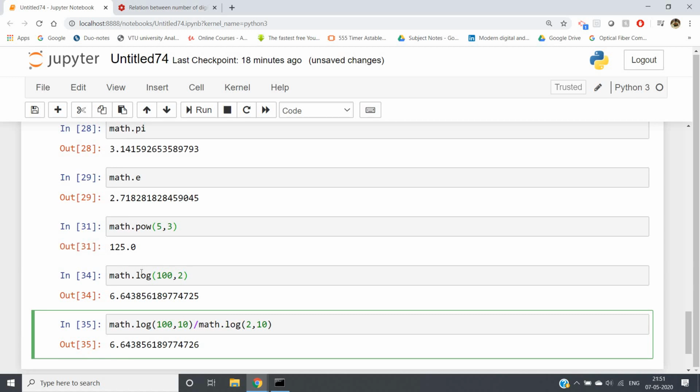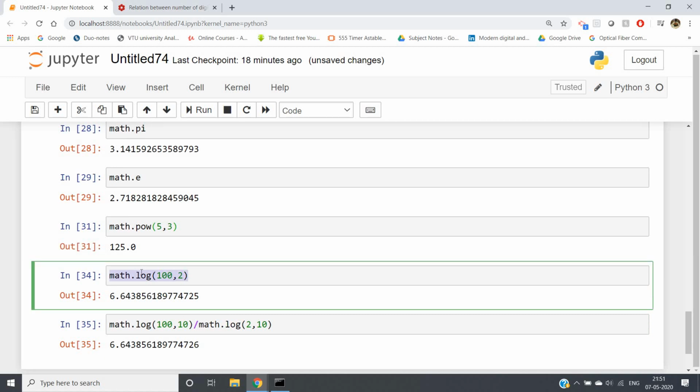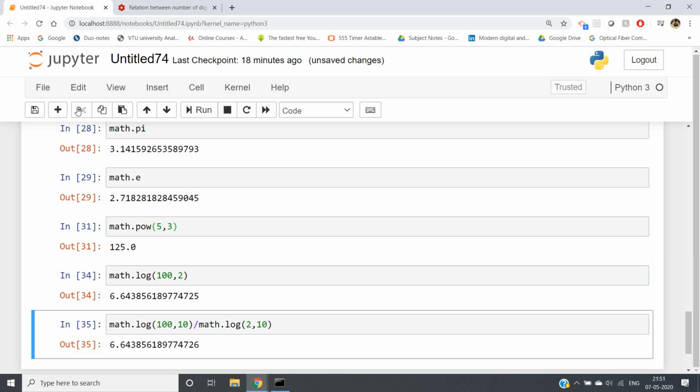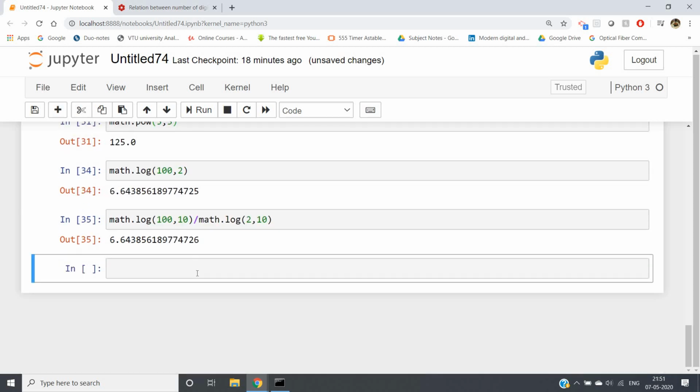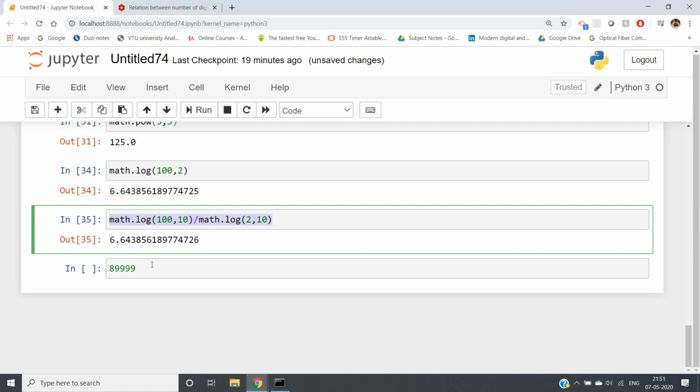Okay, and what is the application of log in practical competitive programming? One very beautiful property is present. Suppose I give you one integer and you have to find how many digits are present in that integer. Suppose I am giving 89. How many digits are present? 2 digits, right? Suppose I am giving 89999. How many digits? 5 digits. Now you want to calculate this. There is one simple way: convert it to a string and calculate the length of the string. But you can use the property of log also for this particular case.